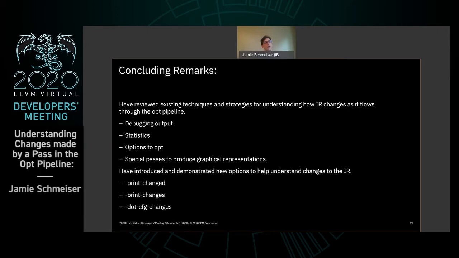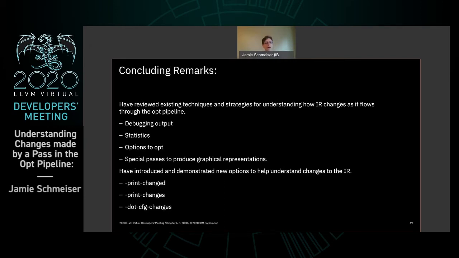In the first part of this tutorial, currently available ways of understanding changes made to the IR as it flows through the opt pipeline were examined. These techniques included examining debug output, statistics, using options to the opt executable, and utilizing special passes to produce graphical representations of the IR. In the second part, new options were introduced that focused the output on the actual changes